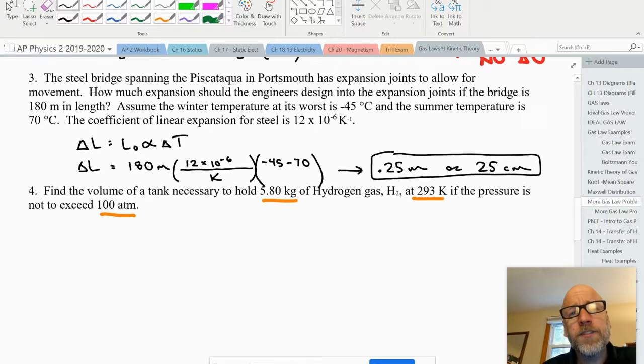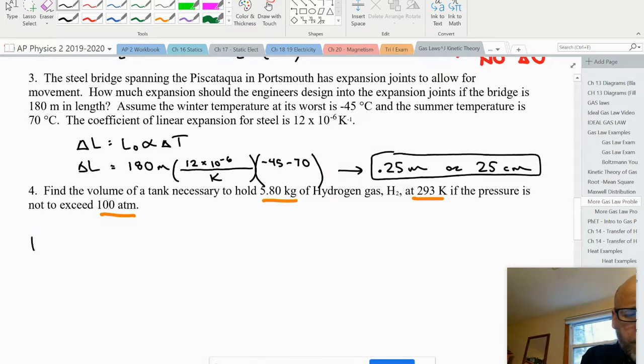Not everything in life, just of this problem. So the pressure is 100 ATMs. The volume, that's what I'm trying to find. Temperature is 293 Kelvin. And it gives me a mass of